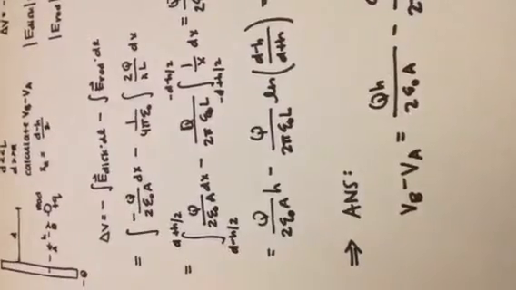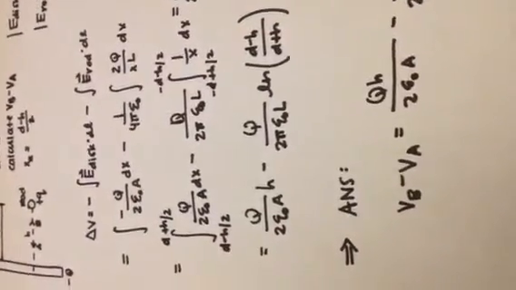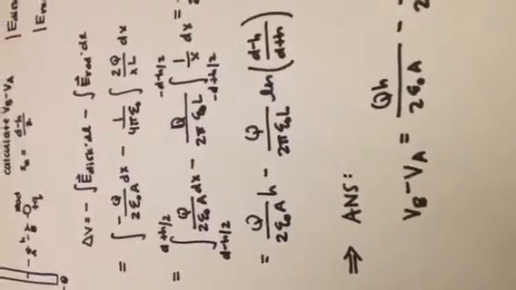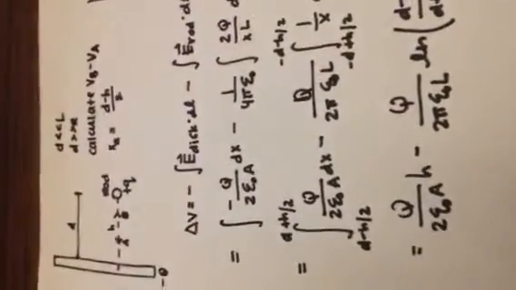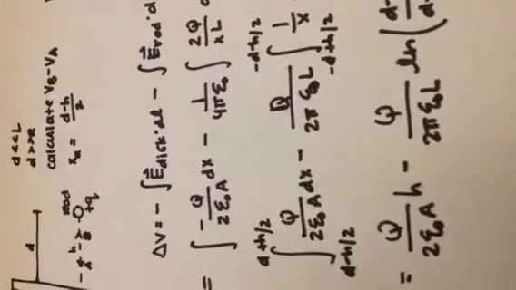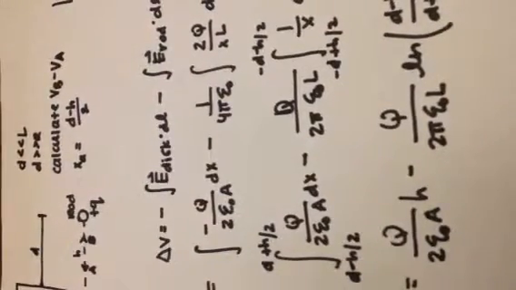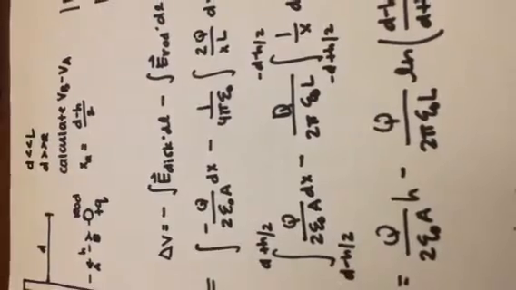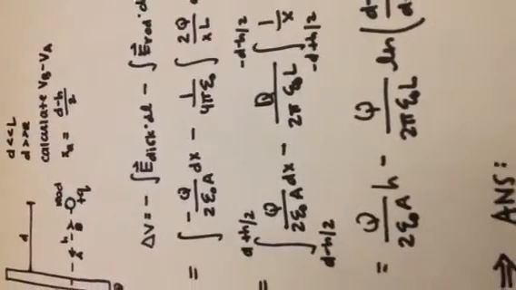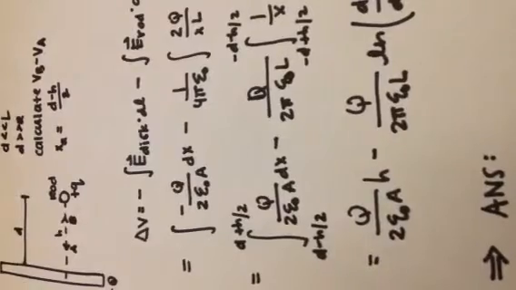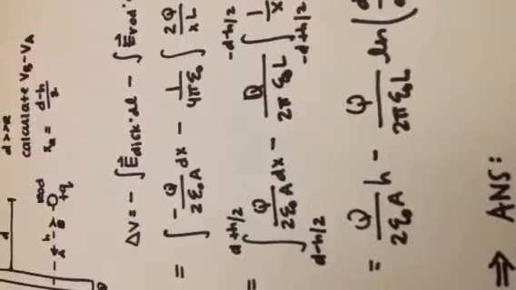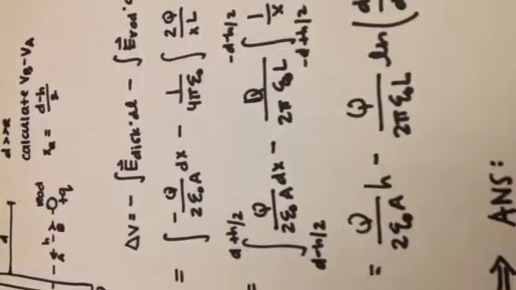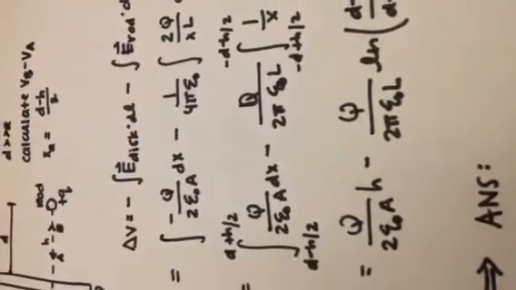So based on that, we next have to define our integrating factors, or limits of integration. In order to figure that out, we look at the diagram. In the problem statement, we were told that location A is a distance d minus h over 2. So we know that the distance from A to the disk is d minus h over 2, and the distance from the disk to B would be d plus h over 2.